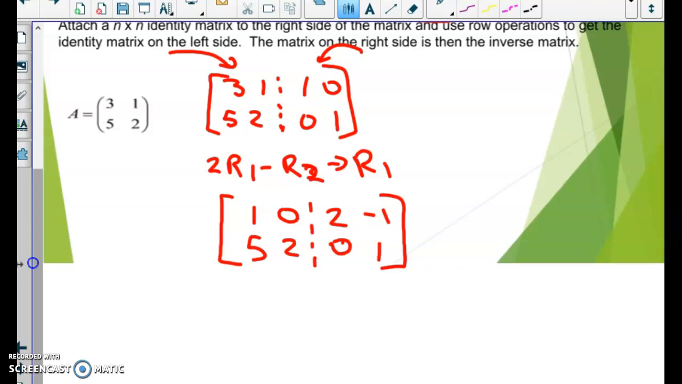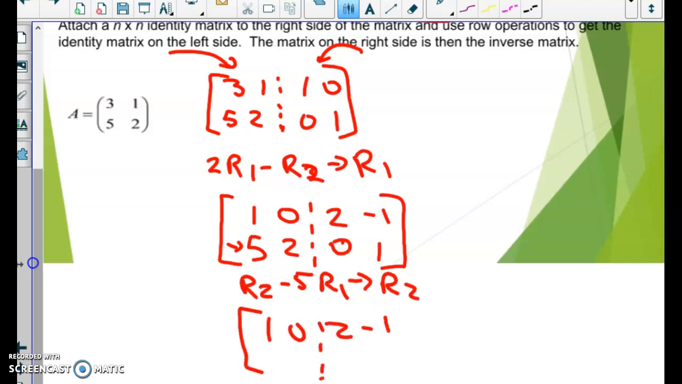And this time I'm going to get a 0 in that position. I'm going to take row 2, which is that 5 there, minus 5 times row 1, and I'm going to put it back in row 2. When I do that, my top row stays the same, but my bottom row becomes 5 minus 5 is 0, 2 minus 0 gives me 2, and 0 minus 10 gives me negative 10,